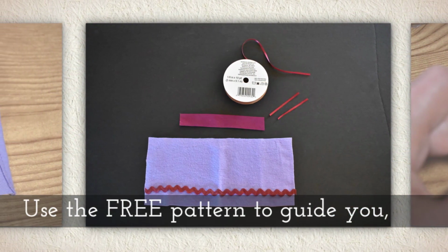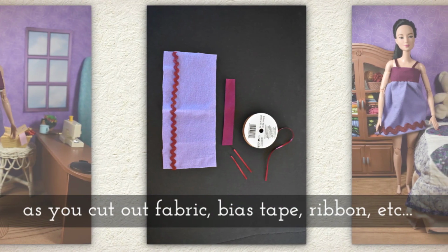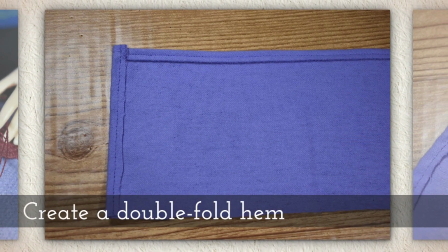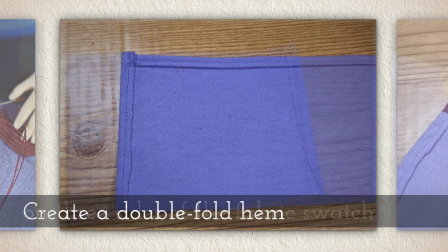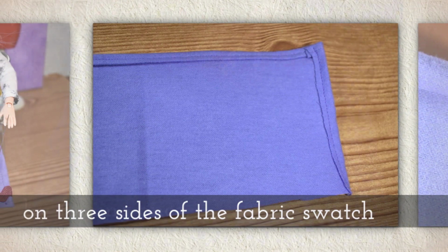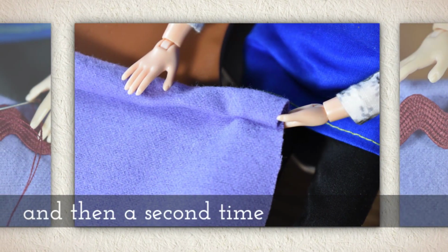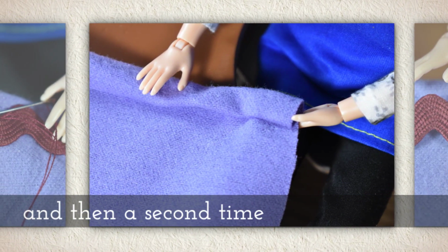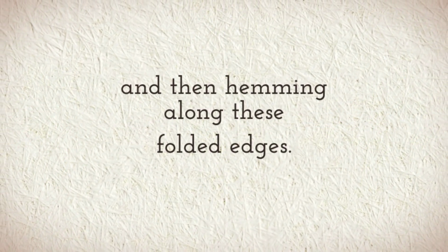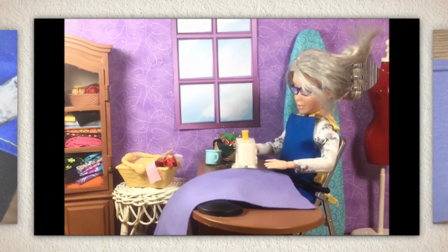Use this pattern to guide you as you cut out the fabric and measure your bias tape, your ribbon, any embellishments you want. Create a double fold hem on 3 sides of the fabric swatch by folding the fabric once and then again. You could use a whip stitch to hem it. As long as you're hemming along these 3 folded edges, you could use a sewing machine like you see me